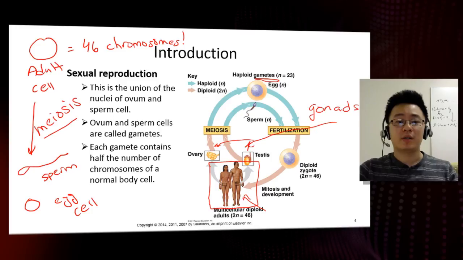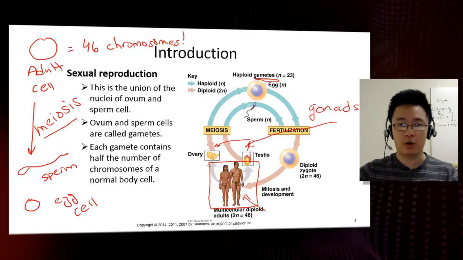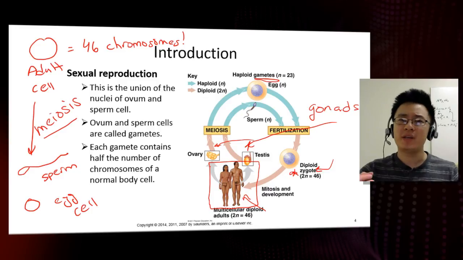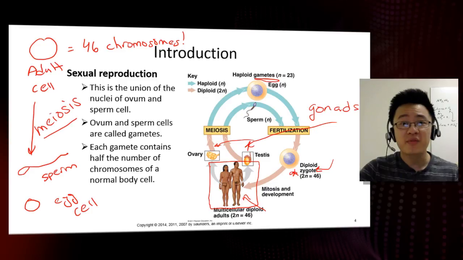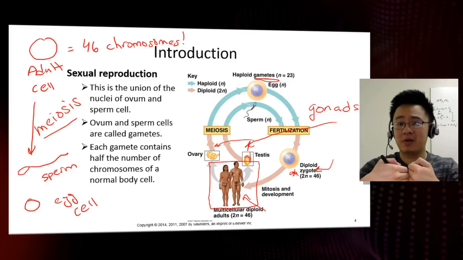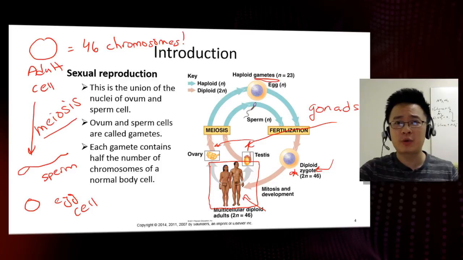The sperm cells and the egg cells will then, at a particular point in time, come together, fuse together and create a new zygote. Now, here's the thing though. The adult cell contains 46 chromosomes, but when they undergo meiosis, they've got to have half the count, because imagine if a sperm cell and an egg cell each had 46 chromosomes like the adult cell. When they come together, the new zygote would eventually have 92 chromosomes.